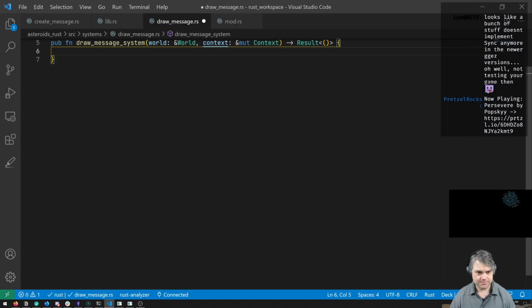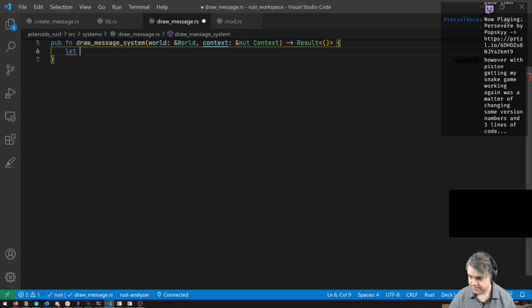One of the two. Okay, first thing we want to do is query for all the messages. And we're going to need the mesh and the location. Oh, we need the text and the location.